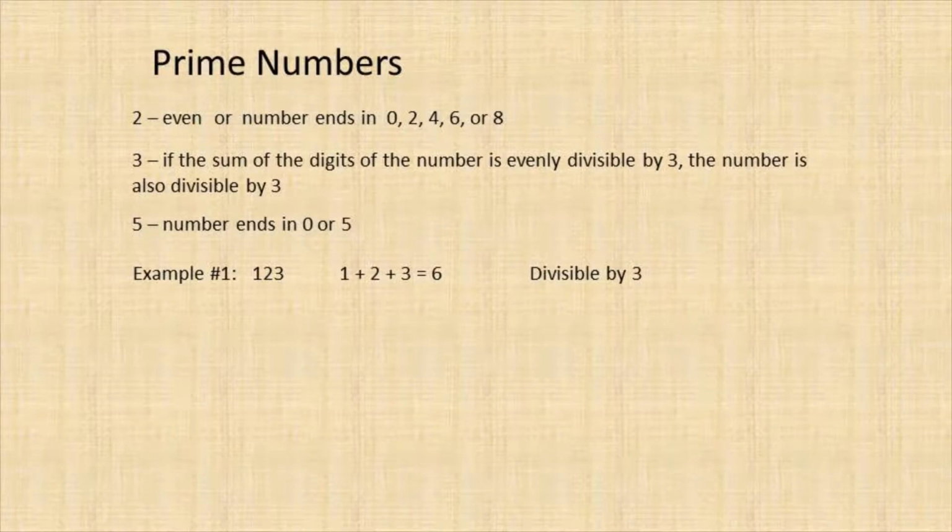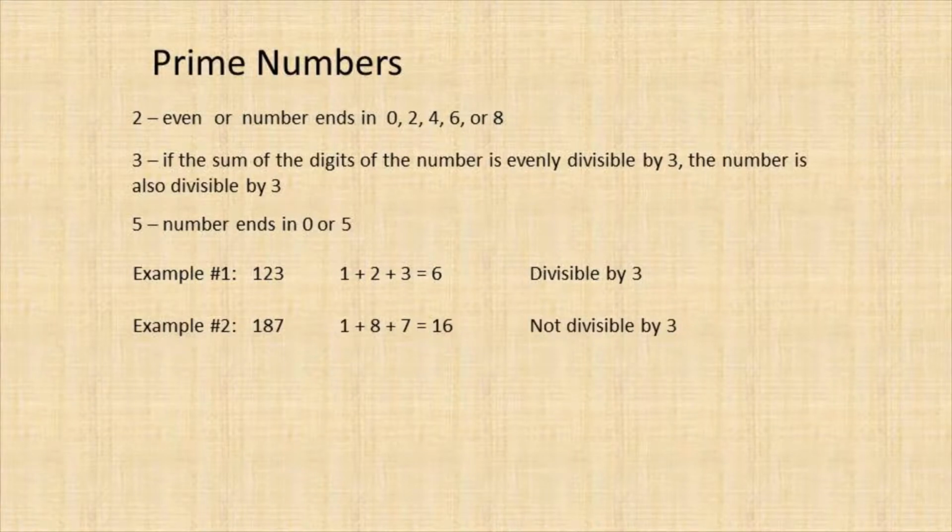What about the number 187? 1 plus 8 is 9. 9 plus 7 is 16. No, 187 is not divisible by 3. That doesn't mean it's, I don't know whether it's a prime yet. I just know that 3 doesn't go into it. How about